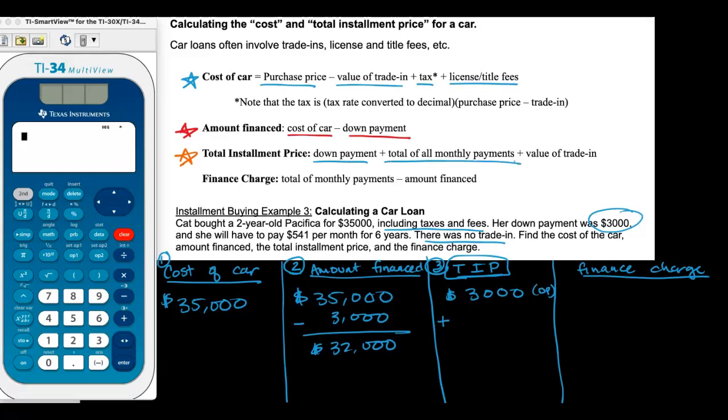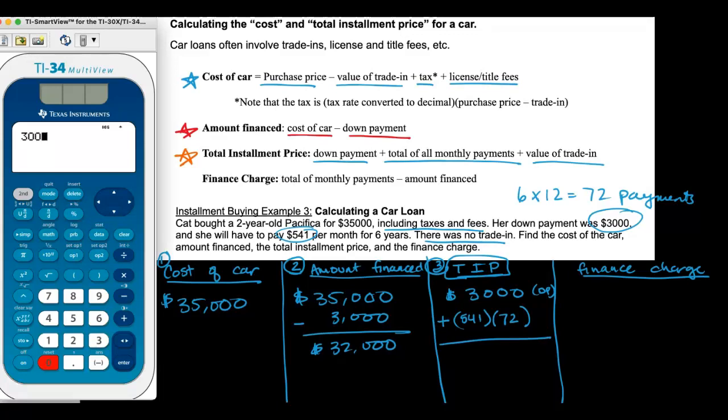Well, how do we calculate that? We have to take the monthly payment, which is $541 a month, and multiply it by the number of payments she makes. She's taking out this car loan for 6 years. So 6 years times 12 gives us 72 payments. So we're going to take 541 times 72 and add that to the $3,000. There isn't any trade-in, so we don't have to worry about that. So I'm going to take the $3,000, which is my down payment, plus 541 times 72. And I end up getting a total installment price of